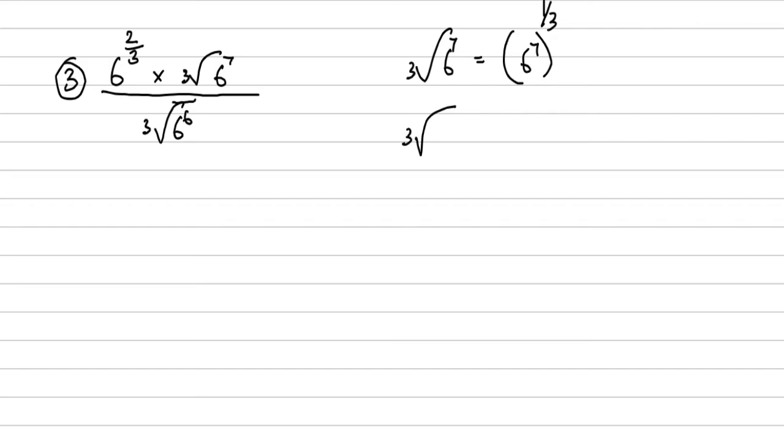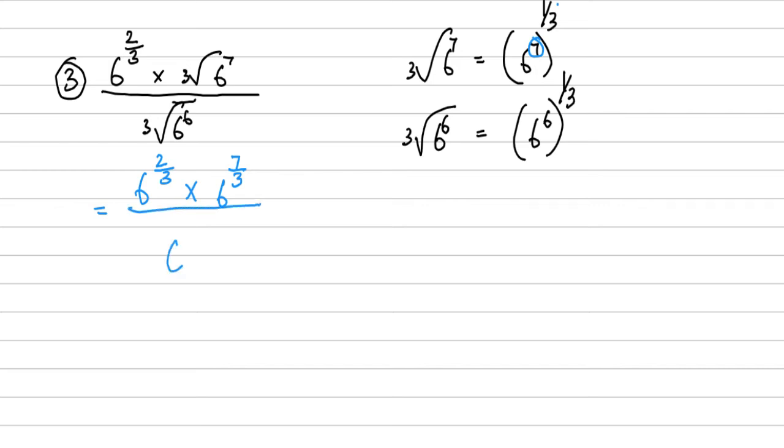And if you look at the denominator, we have the cube root of 6 to the power 6, which can be written as (6^6)^(1/3). Okay, so we are going to implement this right now. So you will have 6 to the power 2 by 3 multiplied by 6 to the power 7, to the power 1 by 3. So we have inner power, outer power. What do you want to do? Multiply. Good. So 7 multiplied by 1 by 3 is 7 by 3. And in the denominator, we have 6 multiplied by 1 by 3, so you have 6 by 3.